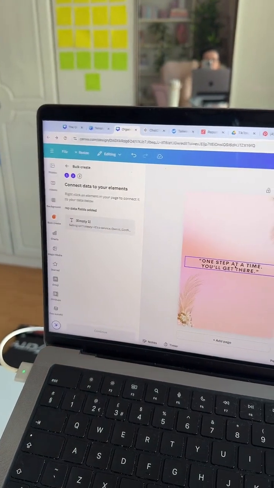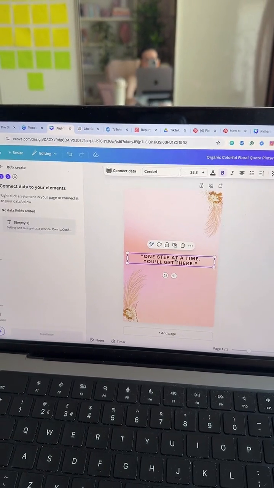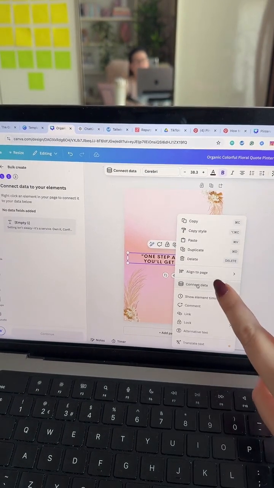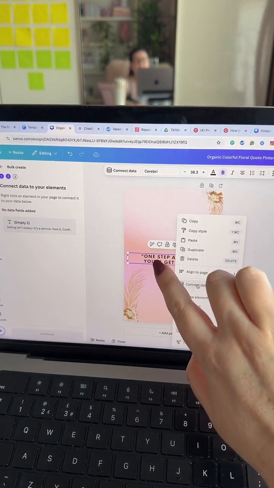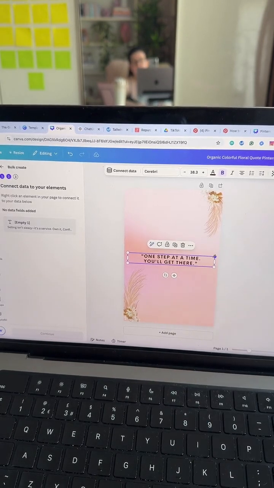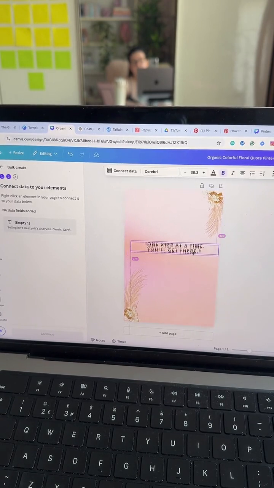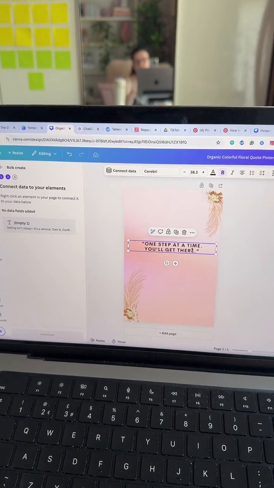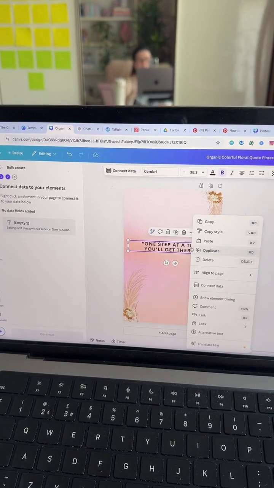So now what I'm going to do is click on this here. I'm going to right click and say connect data. Actually, I'm going to move the text up slightly because sometimes it moves it down, which is weird. So I'm going to right click and then go to connect data.